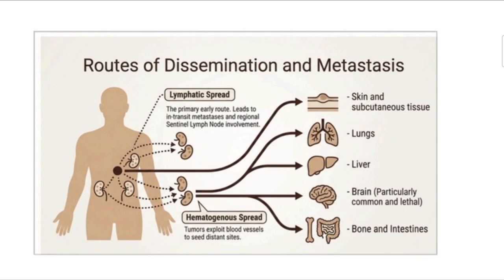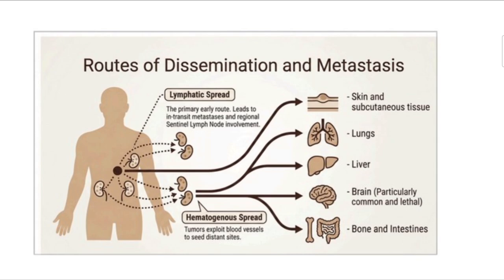Melanoma cells enter the lymphatic vessels. They reach the sentinel lymph node, which is the first lymph node that drains the tumor. If untreated, they spread to other regional lymph nodes. Small deposits of tumor between the primary tumor and the lymph node are in-transit metastasis. So, in simple terms, melanoma goes to lymphatic vessels, then to the sentinel lymph node and then to the other lymph nodes.